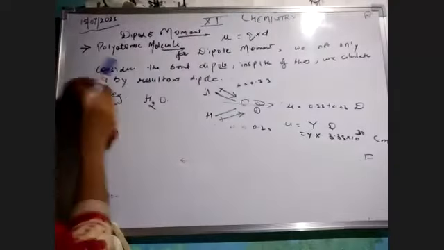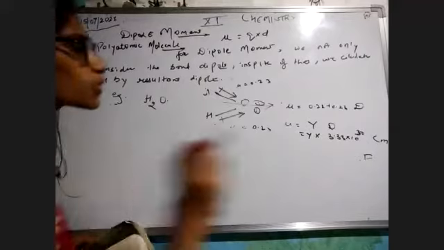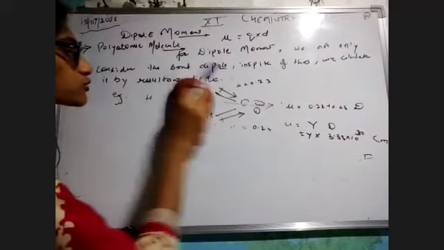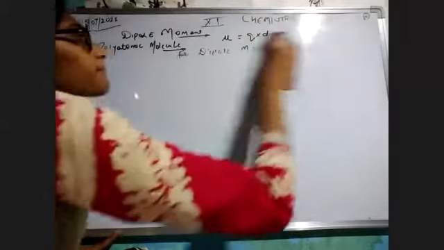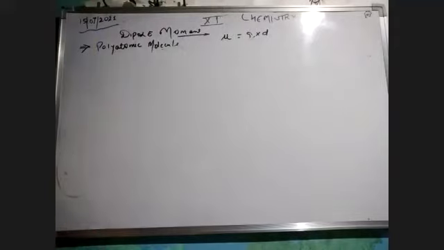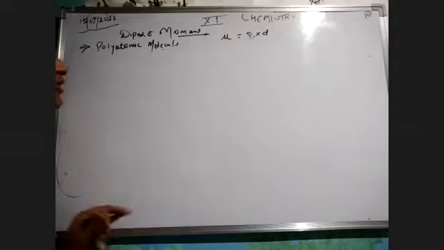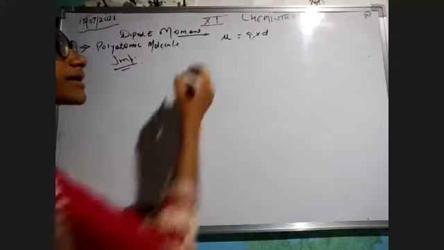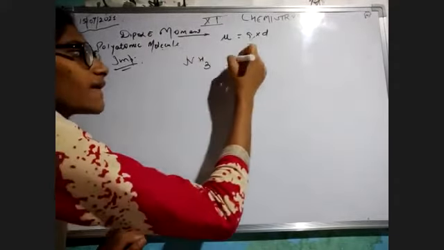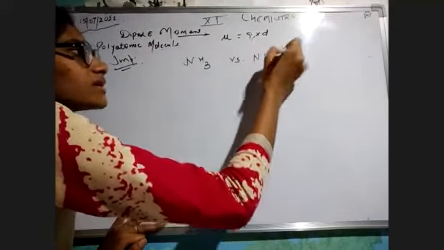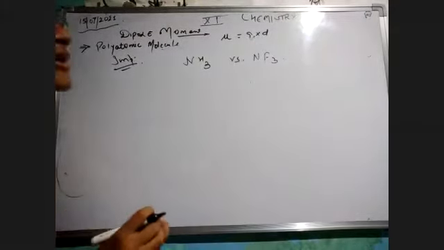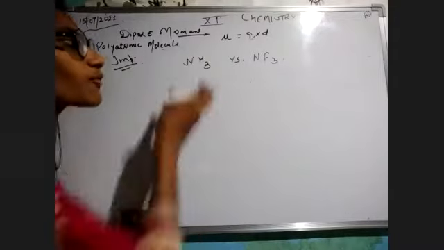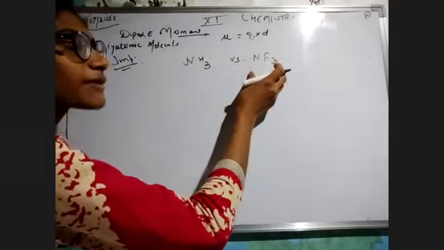What's the concept? इसमें समझाना क्या चाह रहे हैं हम? Only we have to understand that dipole moment is purely a vector quantity, I would like to say. Okay, so let's have another example. Very important question, 110% you will get it in your exam. How would you compare the dipole moment of NH3 versus NF3? बहुत ही important question, super important, super easy. How would you compare the dipole moment of ammonia versus NF3, that is nitrogen trifluoride?